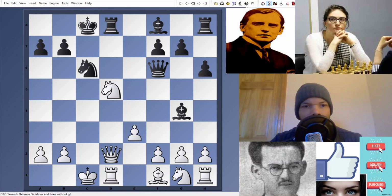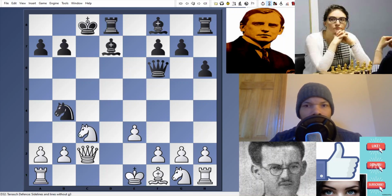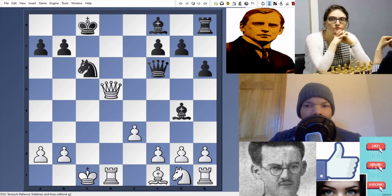However, Alekhine, being Mr. Dynamic, being Kasparov before there was a Kasparov, just simply plays rook takes d5, queen takes d5, and now he plays a very strong move, bishop a3. All right, threatening a checkmate here. Bishop a3, and the idea here is if pawn takes a3 or b takes a3, then just rook d8, and